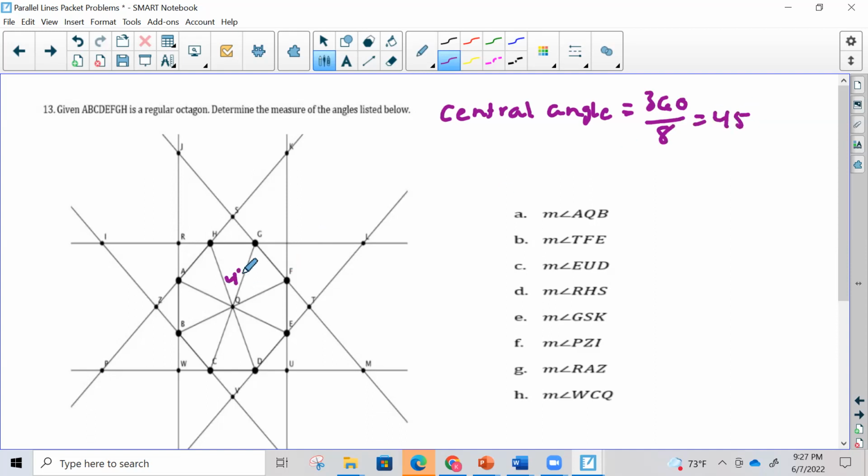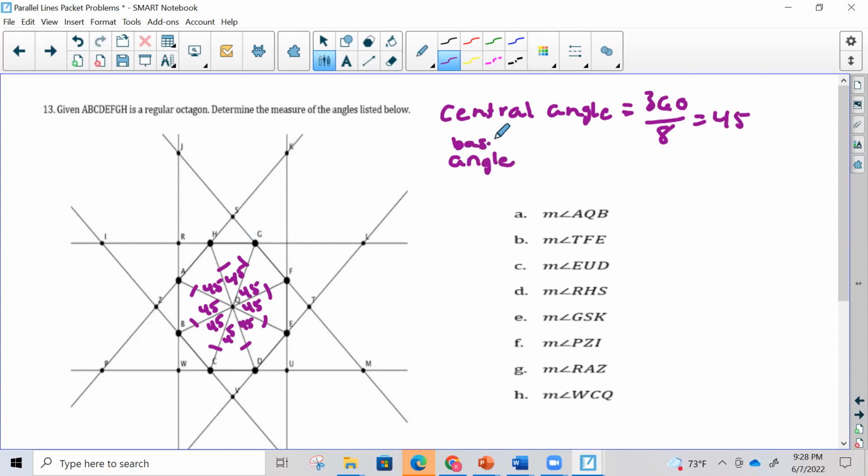So this is 45. This is 45. Okay, all of these are 45. Now this one's a little bit harder because if it's 45, all the angles are not going to be equal. So again, we know that these are all isosceles triangles, that those segments all have to be equal. So to get the other angle in the triangle,